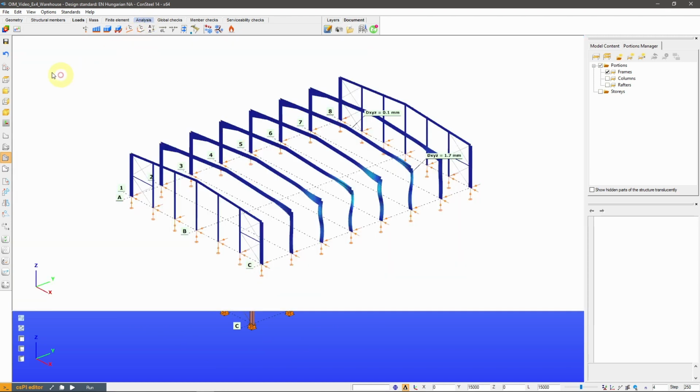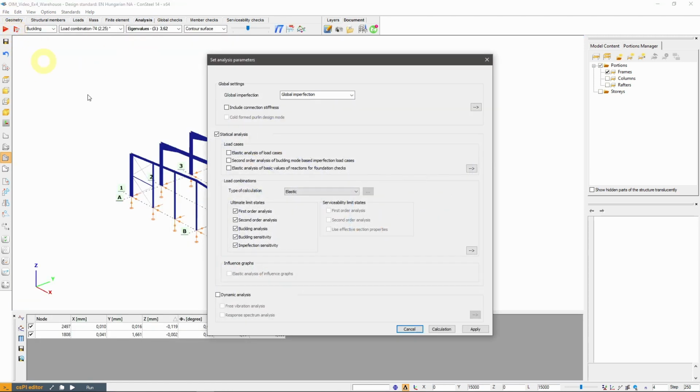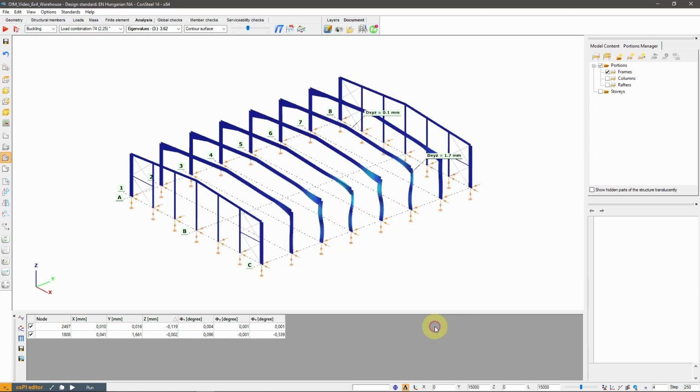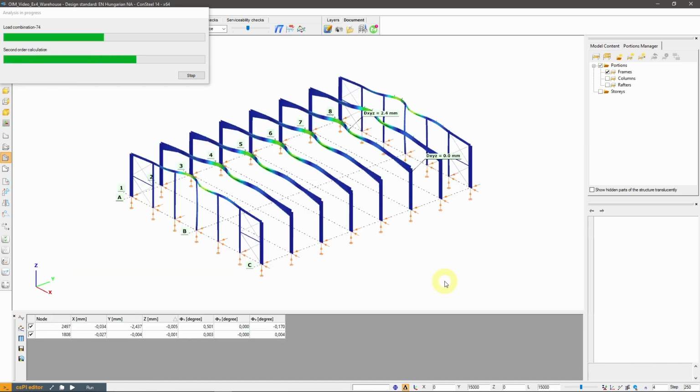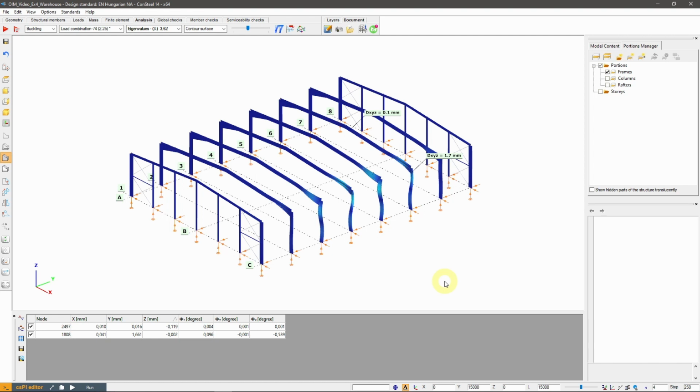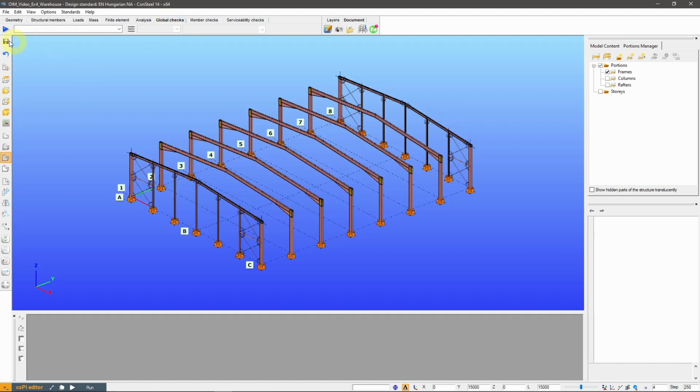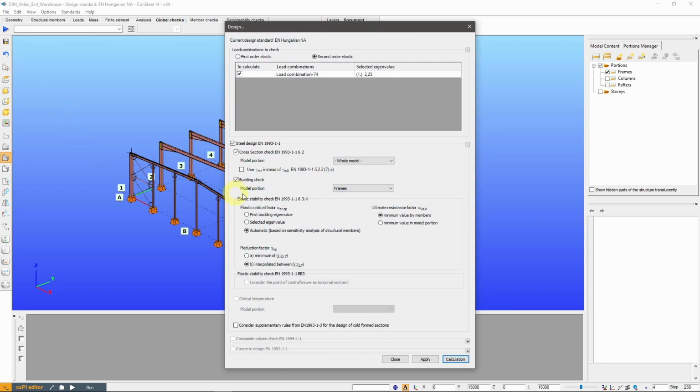Let's rerun the analysis. Then perform a cross-section check.